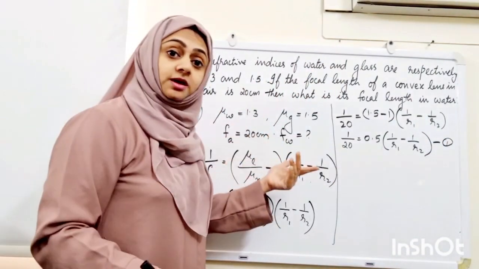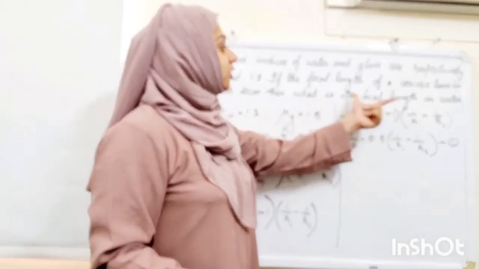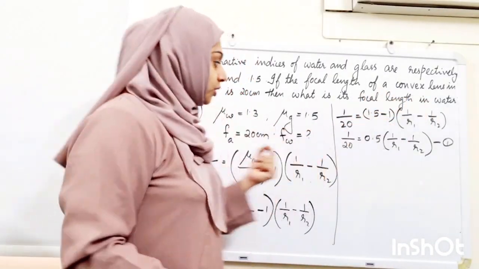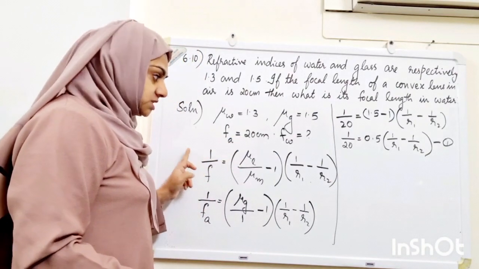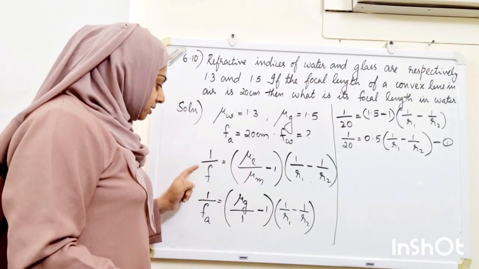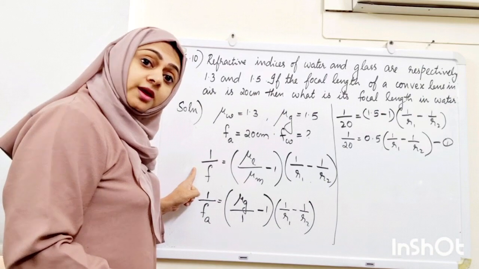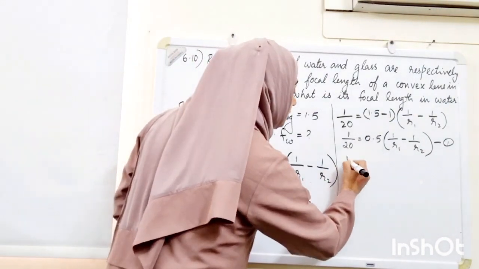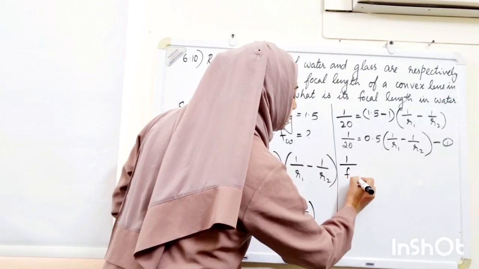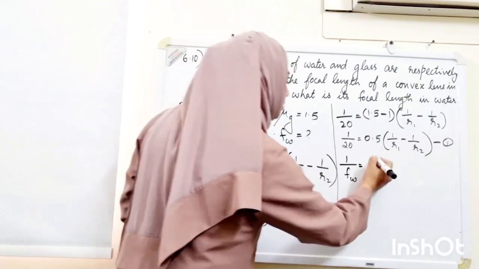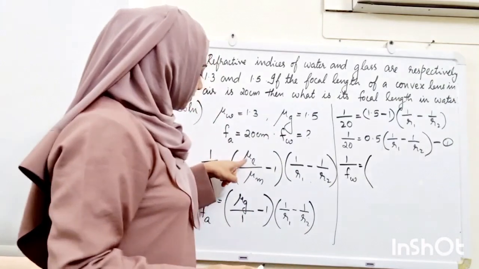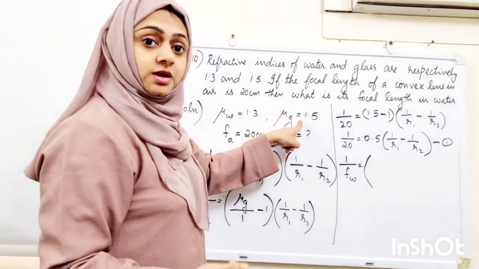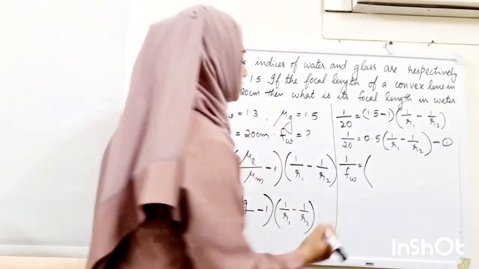Now let us take the other case. What is the focal length if the lens is kept in water? So here I am going to use the same lens maker's formula, but here instead of FA I will be using FW, that is the focal length of the lens in water is equal to, instead of mu L, I can use refractive index of glass because the lens is made of glass. So mu G